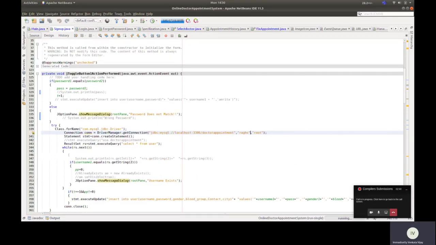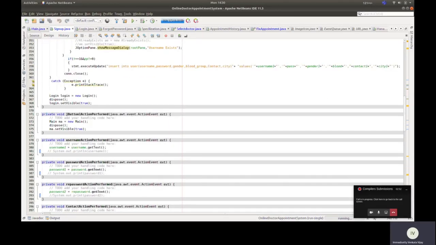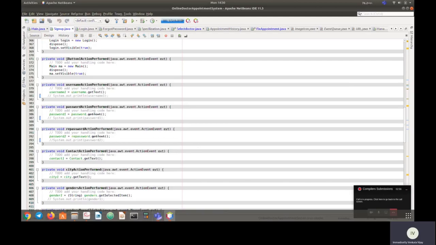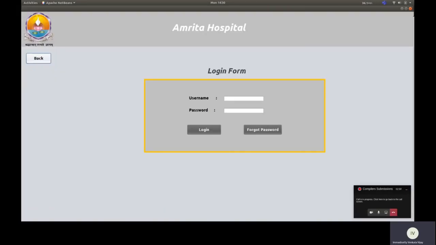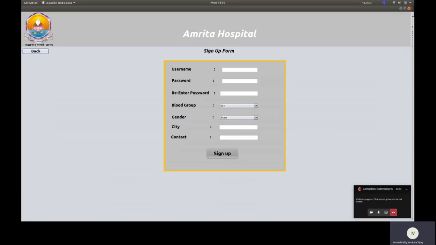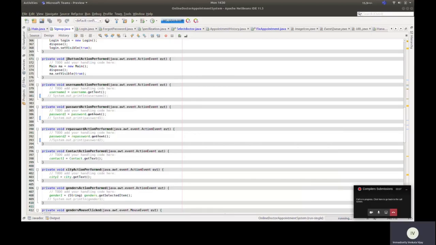Normally every piece of code is written in the constructor. Whenever an action is done in the text fields, we have kept text fields here. You can see in the sign up form there are some text fields. Whenever an action is performed on a text field, the value is stored automatically in the variables declared in the sign up class. You can see here username dot get text.